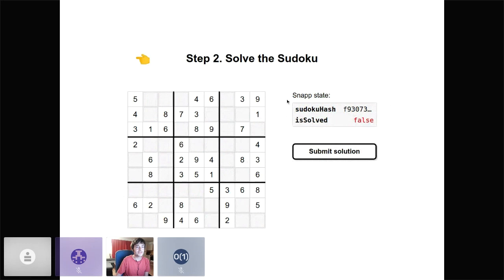The snap state is shown here. And you see that there's a Sudoku hash and a Boolean, is solved. The hash is actually a field element, but I turned it into a hexadecimal number. Now we could fill in some numbers here and then try to submit the solution. The feedback is not great here, but isSolved stays false